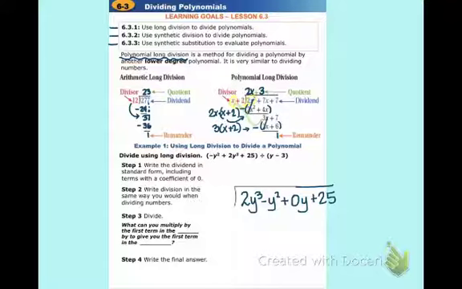And my divisor is what I'm going to divide into it. So I'm going to divide y minus 3 into that. Here's how I do that. I first look at the y, and I see how many times the y goes into 2y cubed. If I divided 2y cubed by y, I would get 2y squared. So I'm going to take this 2y squared and, off to the side, calculate what that times the divisor is. 2y squared times y minus 3 is going to be